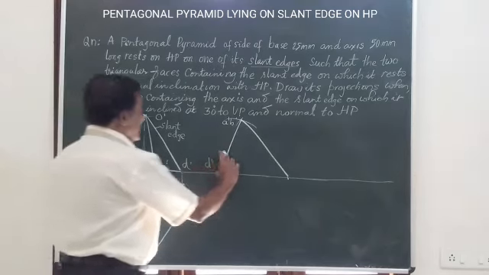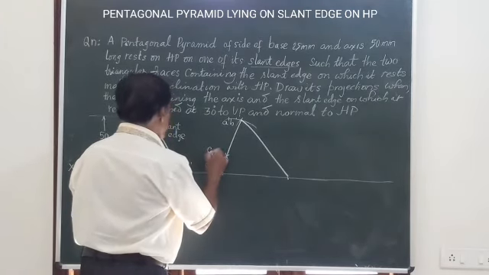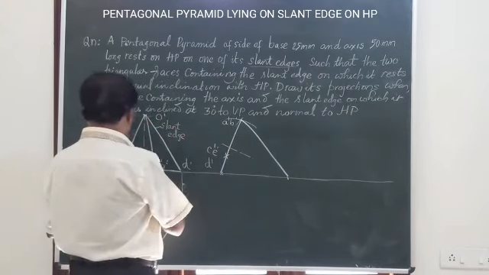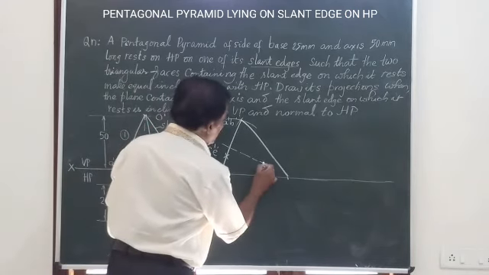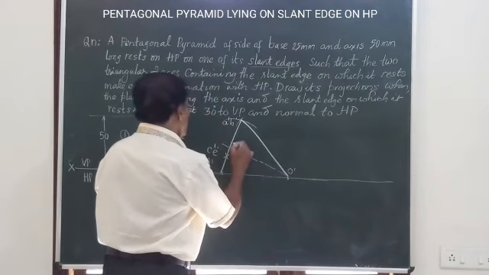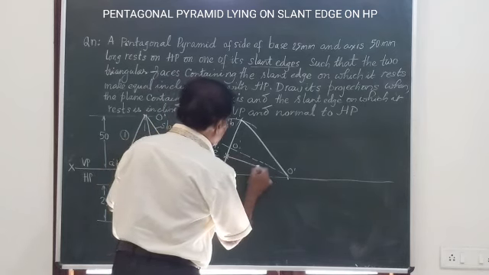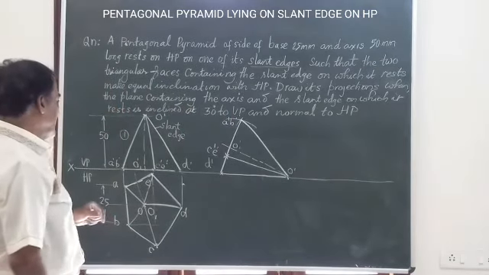What is the distance of C dash, E dash? It will come somewhere here. C dash, E dash. Finally, the axis, which is perpendicular, will be between A B and C, right? This is the axis of the solid. I mark it as O1 dash. I am joining all these slant edges to the vertex O dash. This is the front view of the solid.